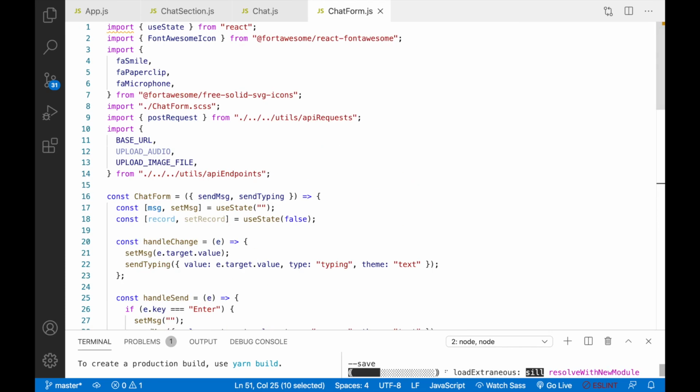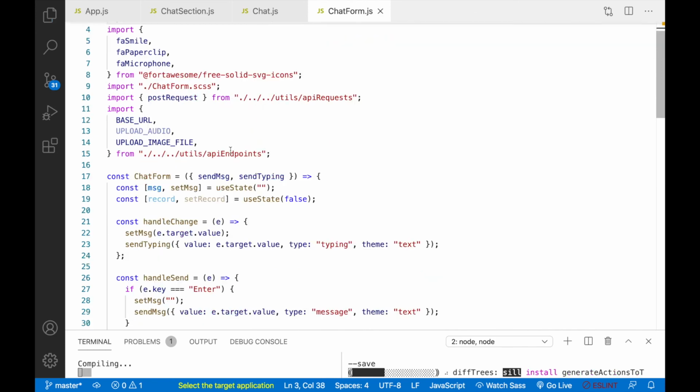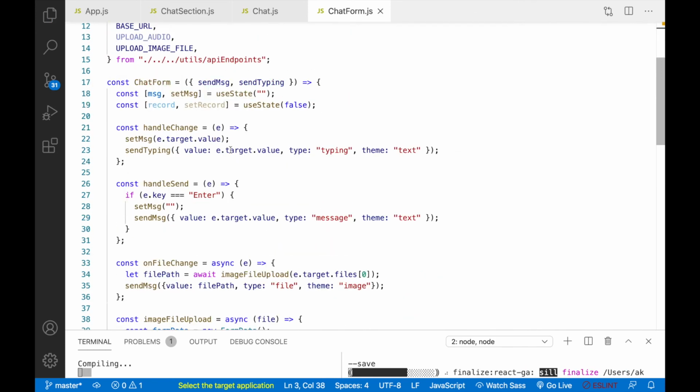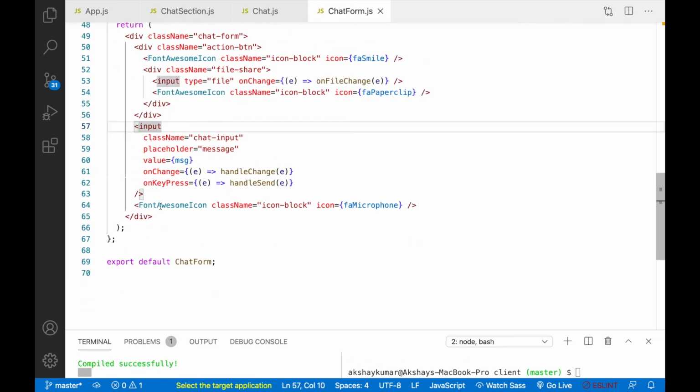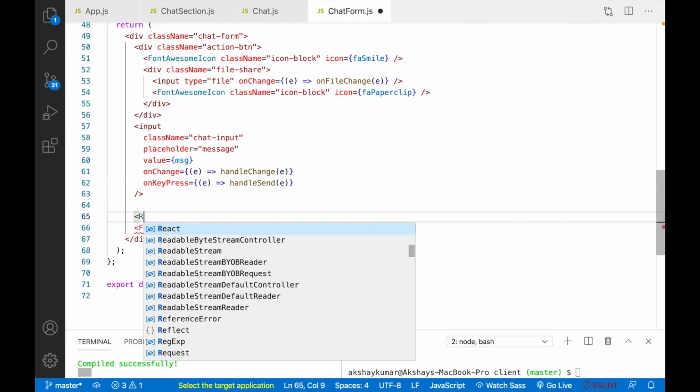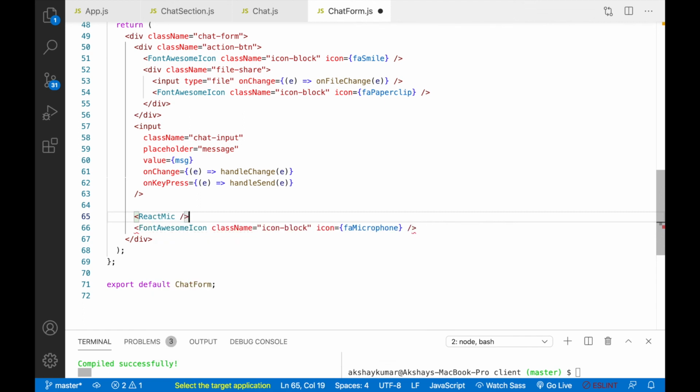And we have to import that library here also on the top. And inside our JSX, after this input, here we can write ReactMic.